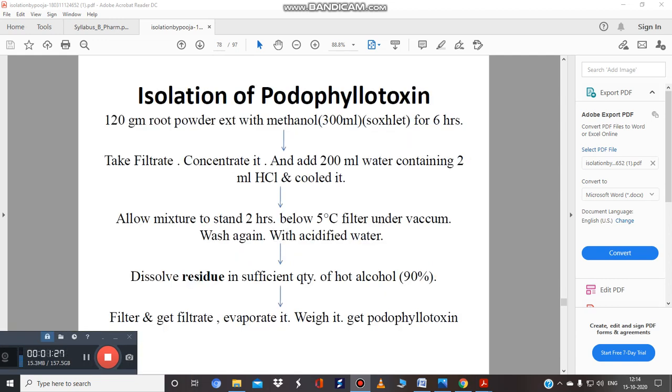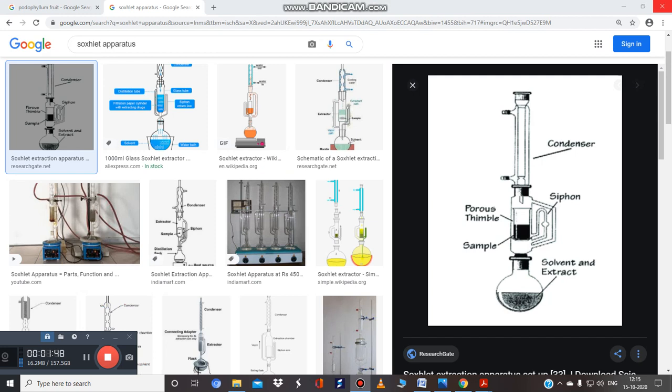So if we talk about the isolation procedure, look at this. Before isolation we have to extract. So extraction is done using Soxhlet extraction. So here again continuous hot extraction, that is the Soxhlation or the Soxhlet apparatus, is used for the extraction, or you can say the isolation of podophyllotoxin. So again I am showing the Soxhlet apparatus. Yes, this is the RBF, this is the Soxhlet extraction chamber. Over here you will put your drug either in the form of thimble or you will directly pack it over the cotton. This is the side tube and here it is the siphon tube. This is the condenser attached here. I am not going into much detail because we have already covered it several times.